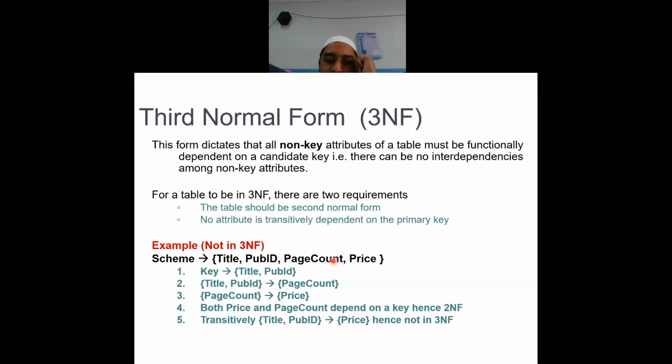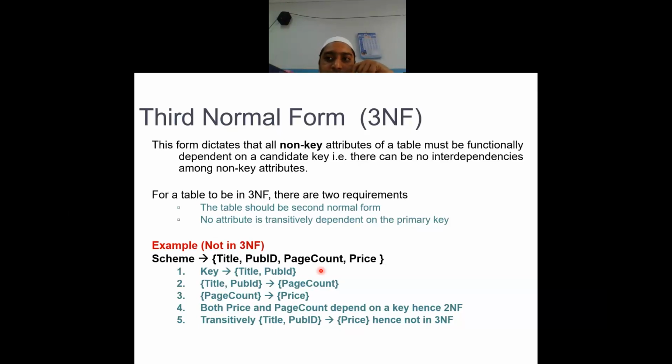Now, if we have a look at page count, I can see if the number of pages in the book is more, the price will be more because that comes as the raw materials cost, isn't it? But is only the number of pages important or the title of the book? Title gives the content of the book, right? The title of the book and publication. Suppose if it is a very good publication, they will be keeping the price very high. So if these two things are there, price also depends on these two.